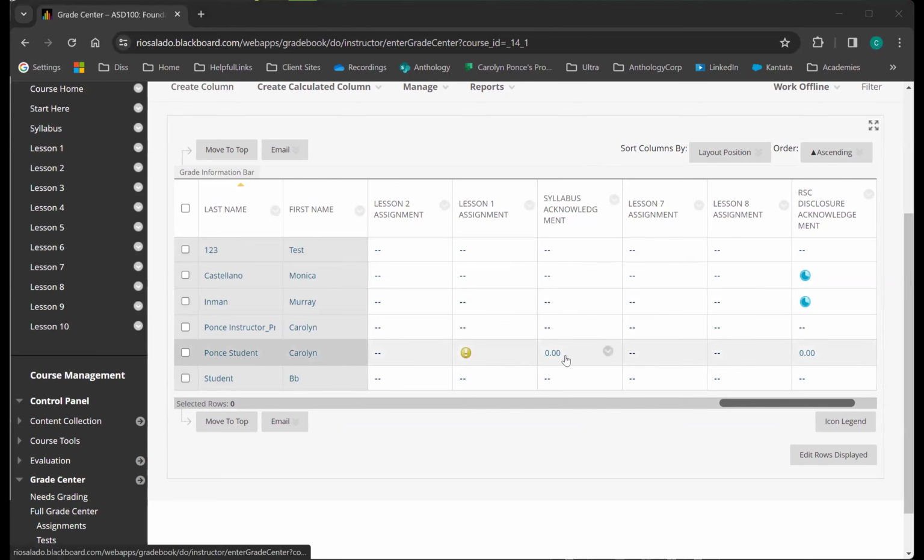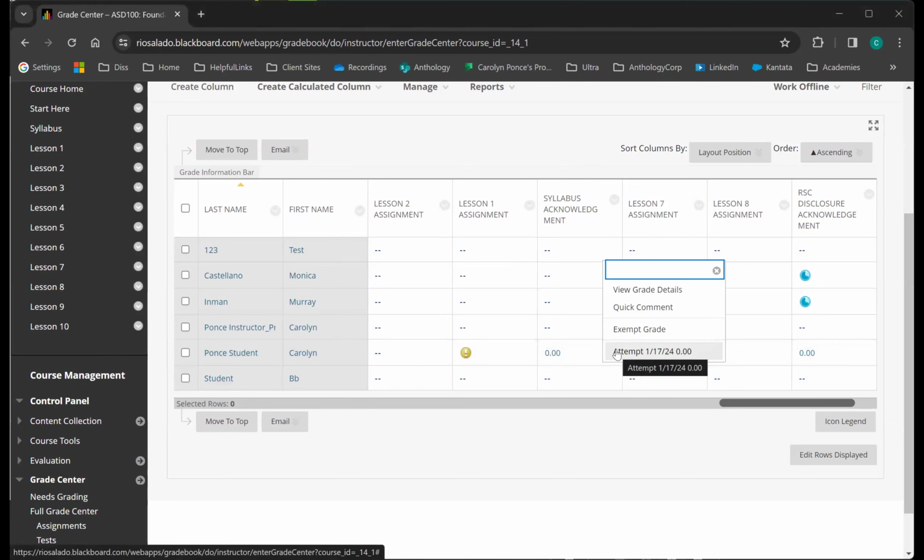Now, each of these particular graded cells will give you information as well. There's a drop-down menu, chevron, action menu for each one. This allows you to view the grade details for that particular activity and that particular student. You can also provide comments, exempt them if they did not complete the activity because they couldn't and they're excused from that activity.